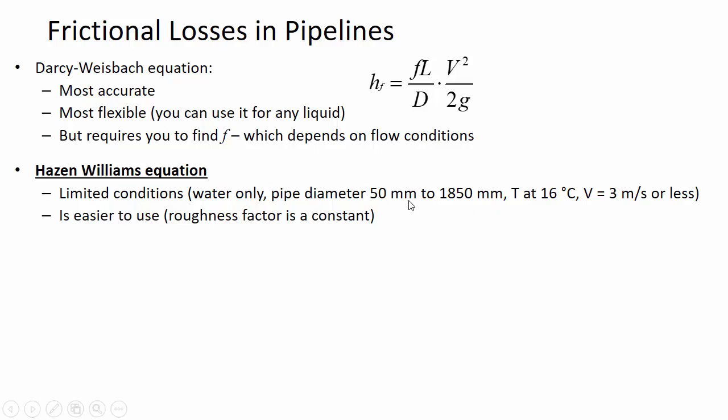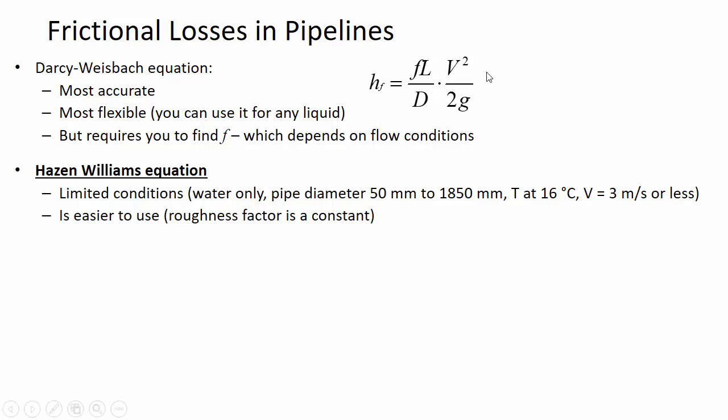The Hazen-Williams equation is intended mainly for the size of pipes that you'd see in a municipal water network, not tiny little pipes that you'd have in a lab. It's intended for water just at 16 Celsius. So you can still use the equation if the water is warmer or colder than that, but it's not going to be as accurate. The reason they have this fixed temperature is that it's not varying the kinematic viscosity of water. The Hazen-Williams equation isn't accounting for a change in fluid properties that occurs as the temperature adjusts, whereas